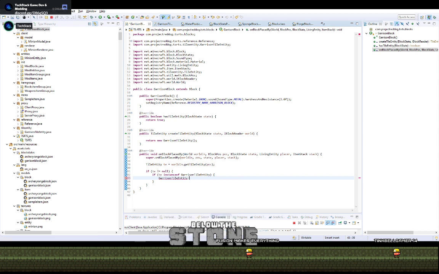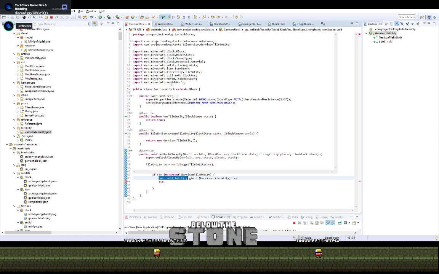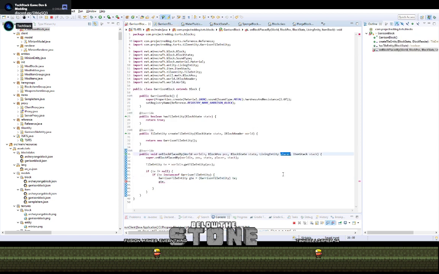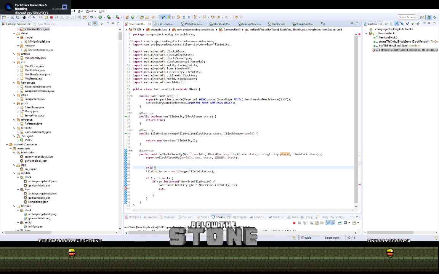So garrison tile entity GTE equals garrison tile entity type of TE. Okay. And then on GTE, let's see how we're going to do this. We need to set an entity. We also need to look at this, don't we? So we also need to say if placer is instance of